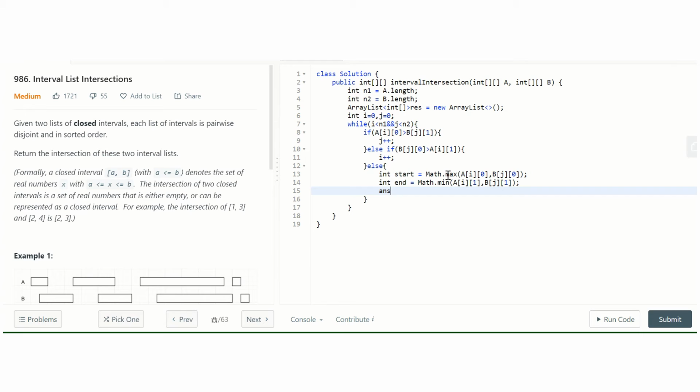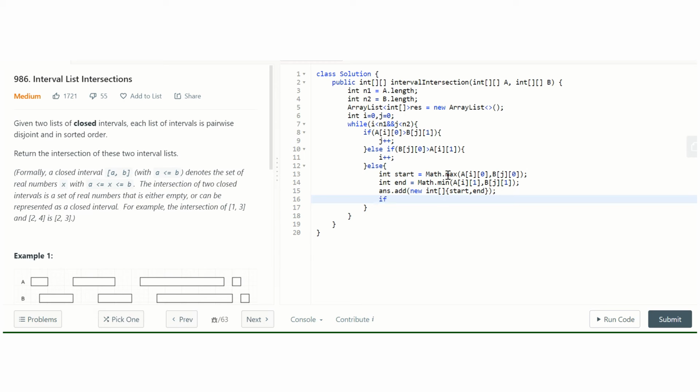Okay, and we add this to our answer. We'll also need to increment the index whichever is ending first.